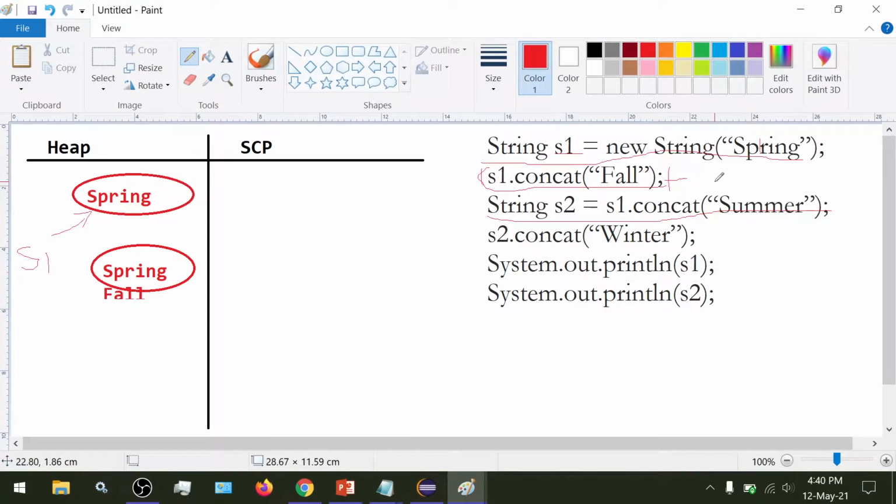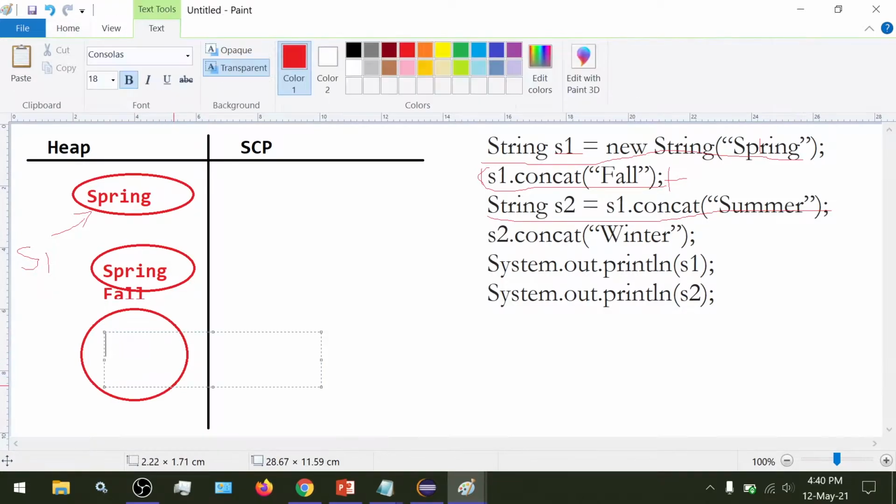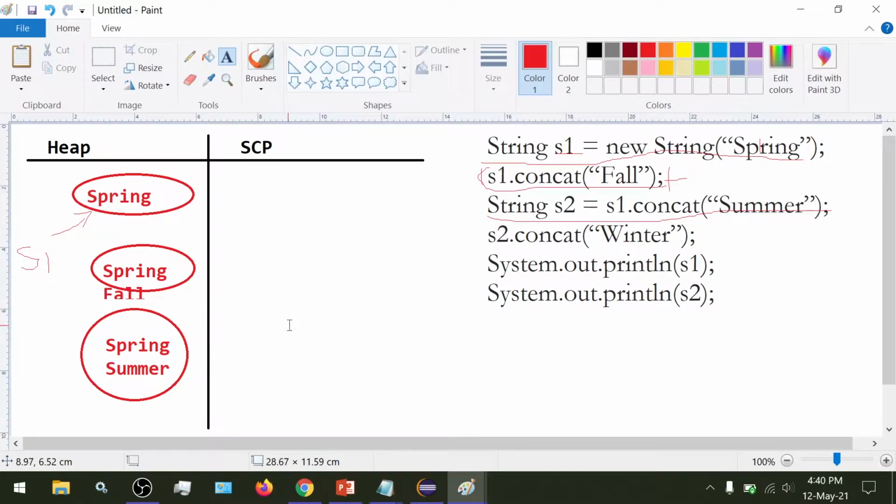So we now have an object which is the concatenation of spring and summer. So now we have an object with the value spring summer inside our heap,